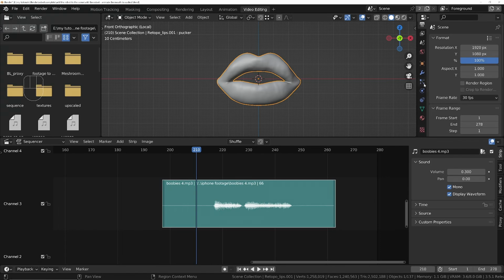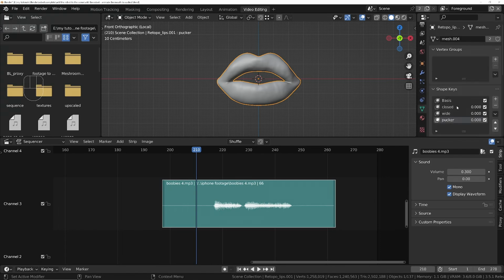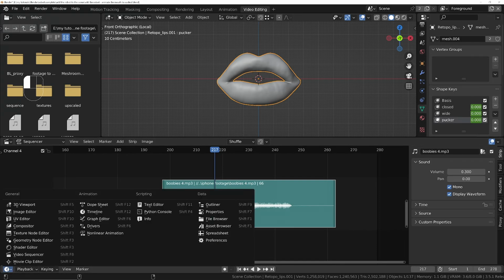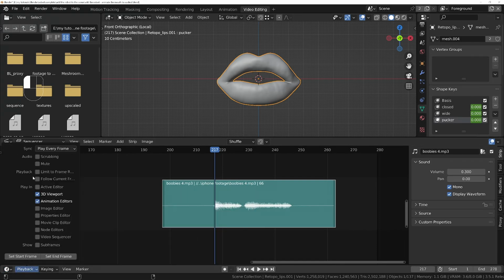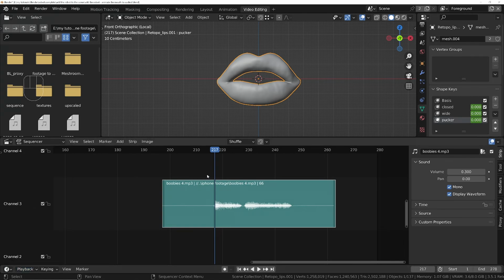So let's go across to the data panel. And we'll set a keyframe for all of these where we want it to still remain in the default position. So probably around about here, I'll set a keyframe for each. So they're all turned off. And then we'll go to the beginning of the audio. And if you want to be able to hear this while you scrub, in the timeline, click on the playback options, and then you can choose audio scrubbing. And now when I scrub across,